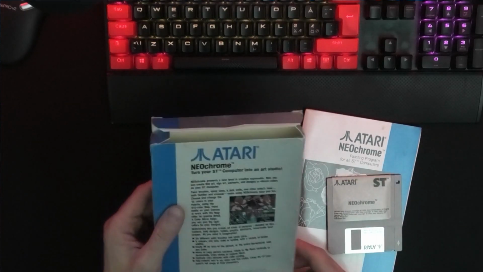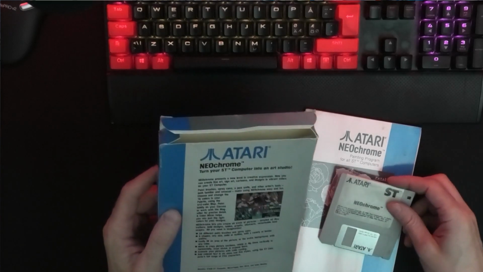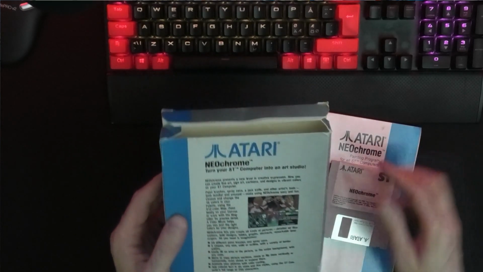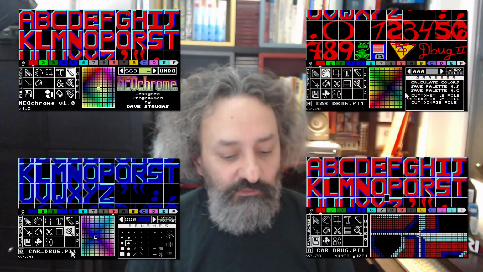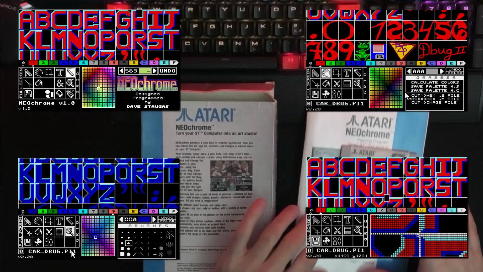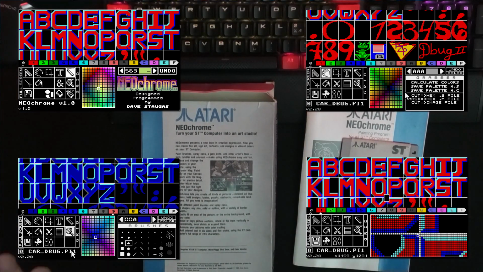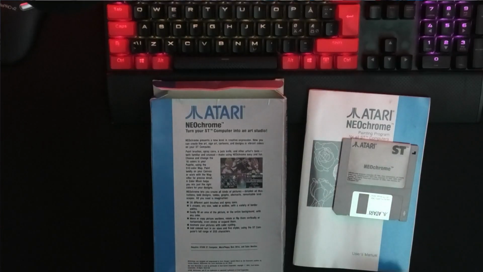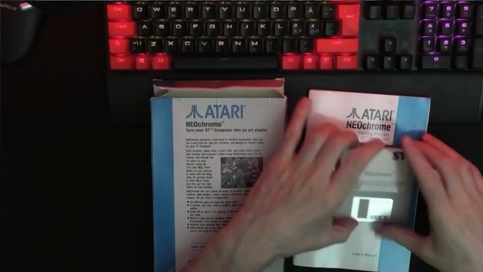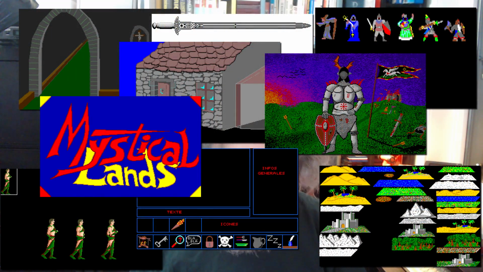So there you go. NEOChrome presents a new level of creative expression. The killer feature of NEOChrome was that you could select the color directly in the color matrix. Normally the machine can display only 16 colors out of 512, and NEOChrome was somehow managing to display not all of them, but not far from all of them. But it's just a cheap trick, basically. The thing is using 15 colors and changing the palette every 8 pixels. But anyway, this trick was also used to make the real-time zoomer, which was also very fancy, and